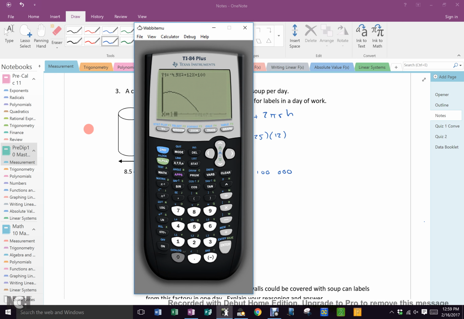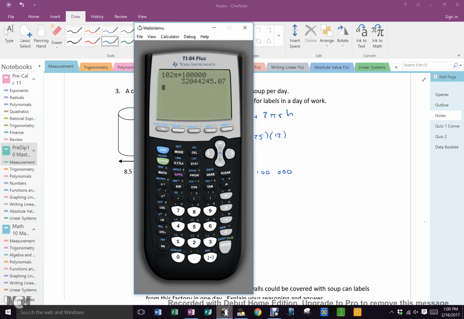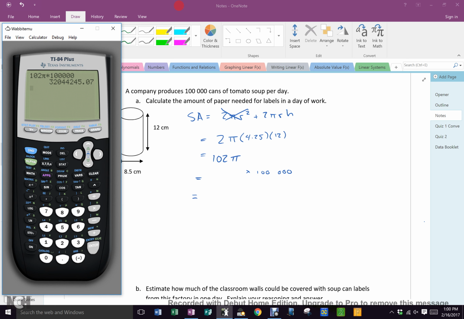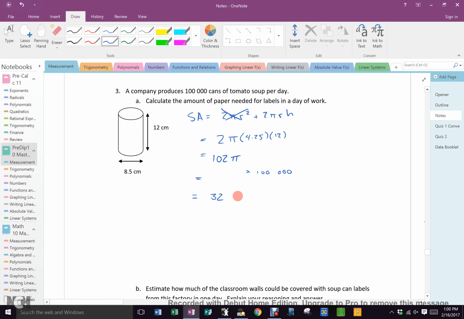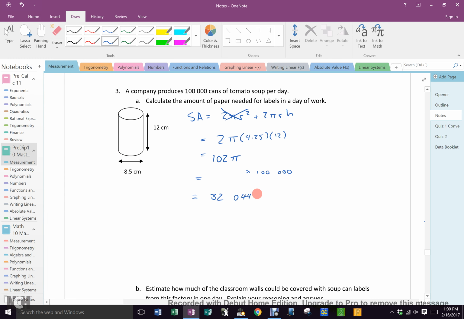Let's check. 102 pi times 100,000. 32,044,245. What was it? 32,044,245. Right? Now,